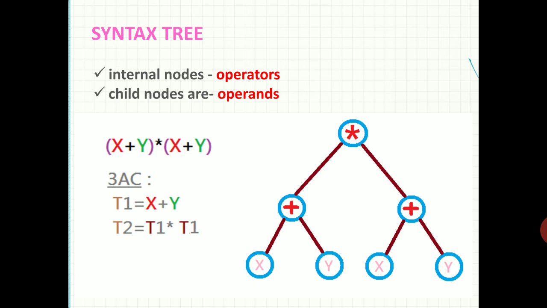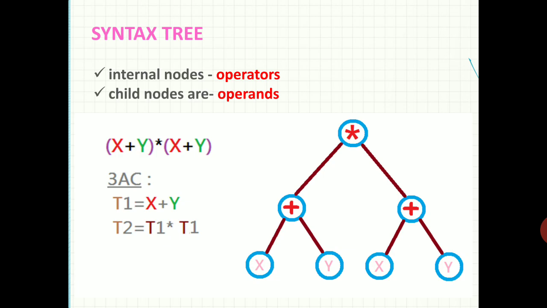So the internal nodes are filled with the operators and the child nodes are filled with the operands. We will first evaluate x plus y by using x and y as the child nodes, or leaf nodes, and it will combine using the operator plus.